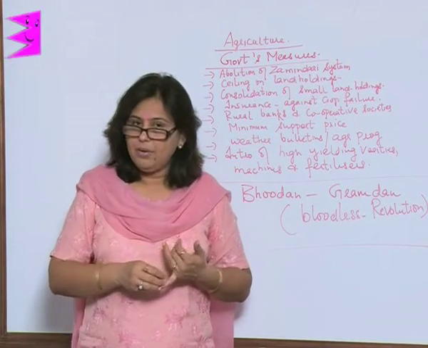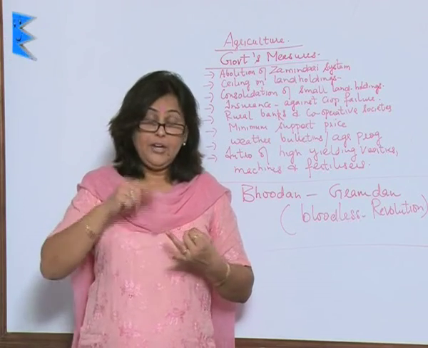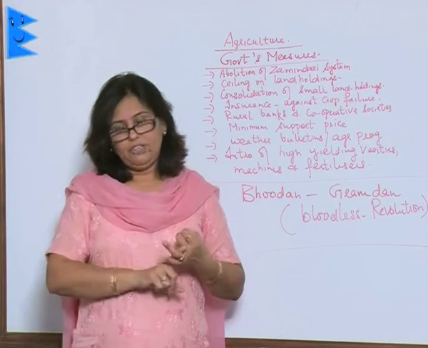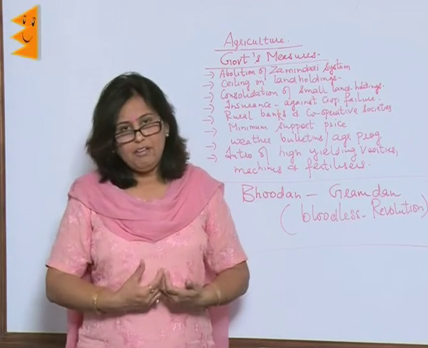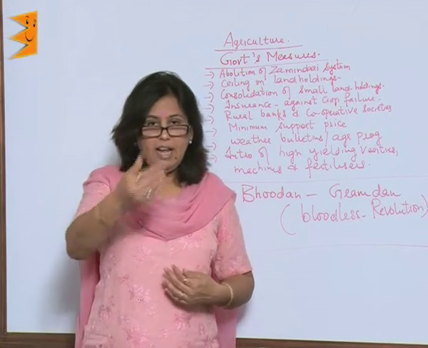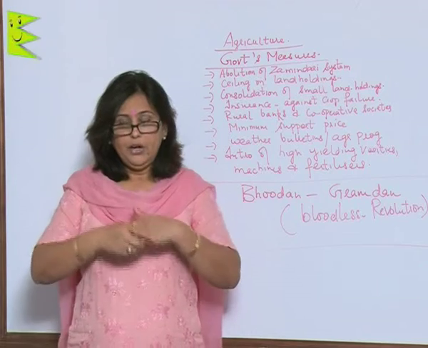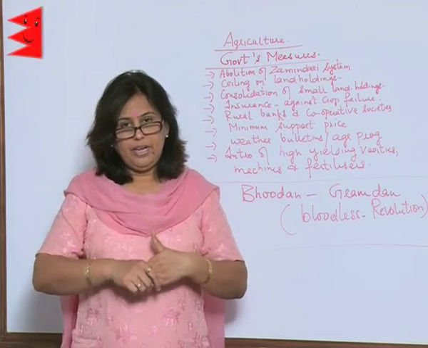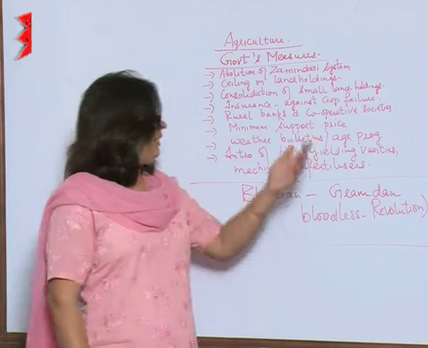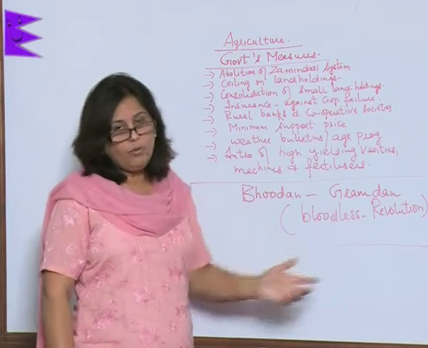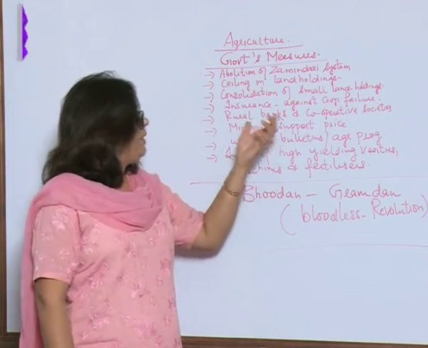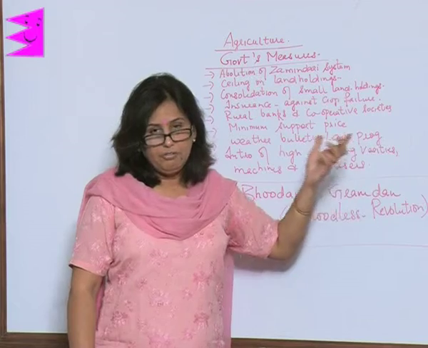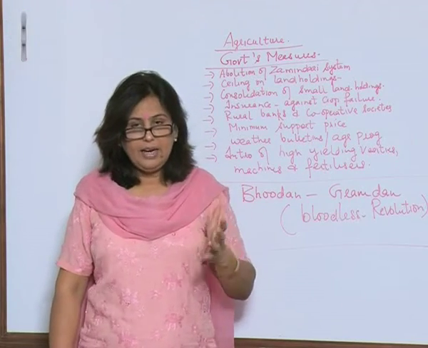And since the farmer, as we have seen, did not have storage facilities and was in need of money, he would sell the crop immediately to the people who were ready to buy it at a very low price. But the government has now announced a minimum support price for the farmers so that they get